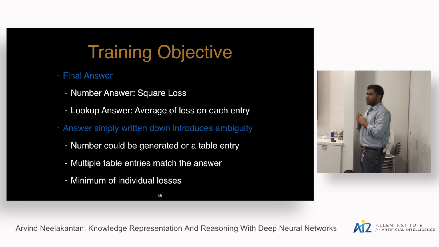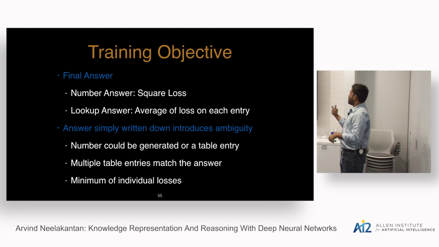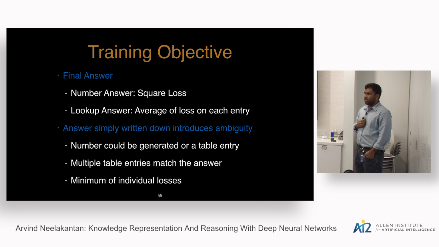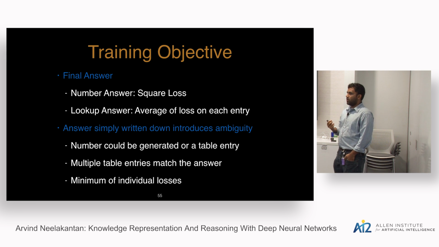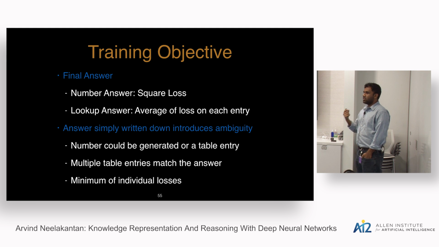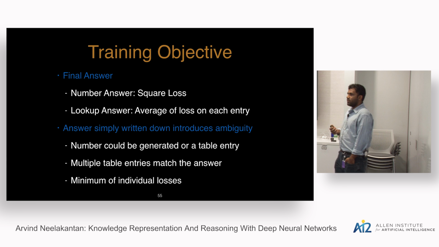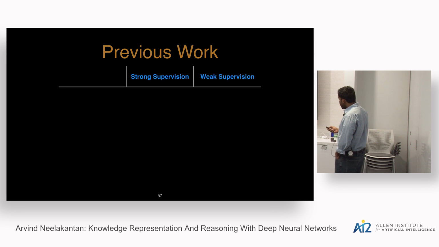What we do is we compute the loss for all these different paths, basically these different programs, and then pick the one that gives us the least loss. And what we are intuitively saying to the model is that you need to get to the final answer somehow, and it doesn't matter what the path is, right? Because during training, we're not given that path.